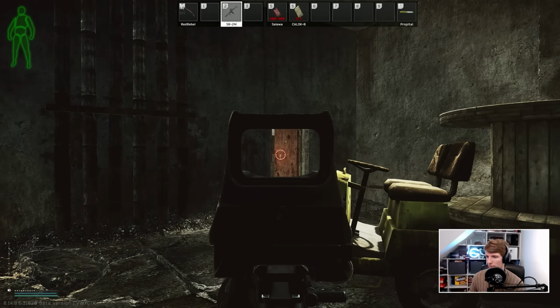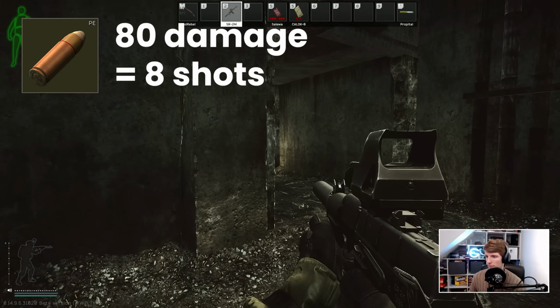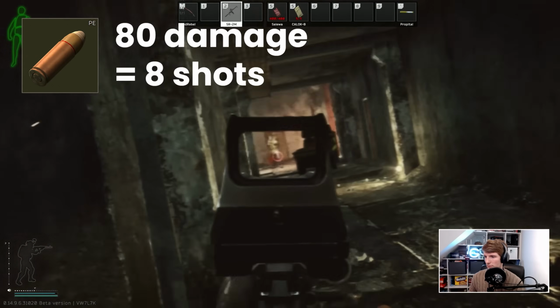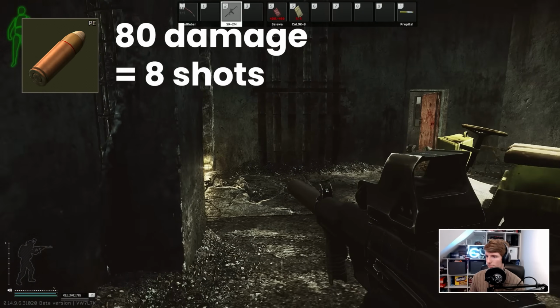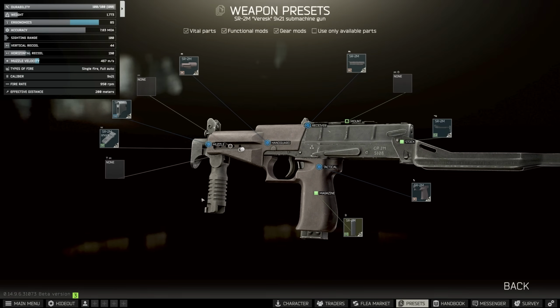In number 4, we have the 9x21 PE cartridge with 80 damage. This pairs with the SR2M, a weapon that is very similar to the Kedr and the Klin in some ways, but much more unusual to see used. At 950 RPM, it has an extremely fast fire rate in between that of the Klin and the Kedr, but